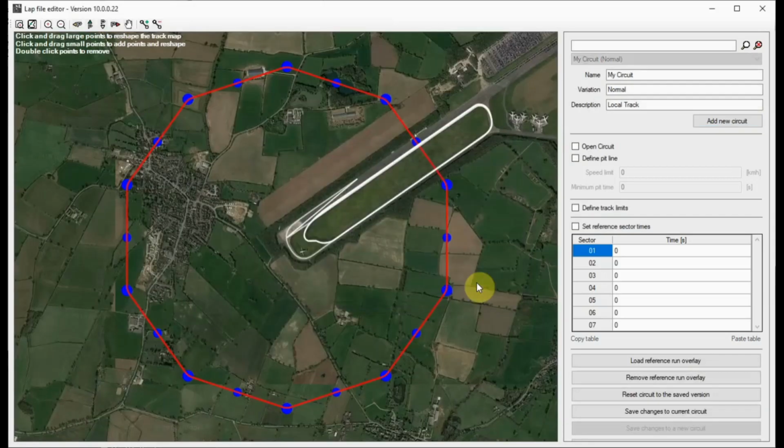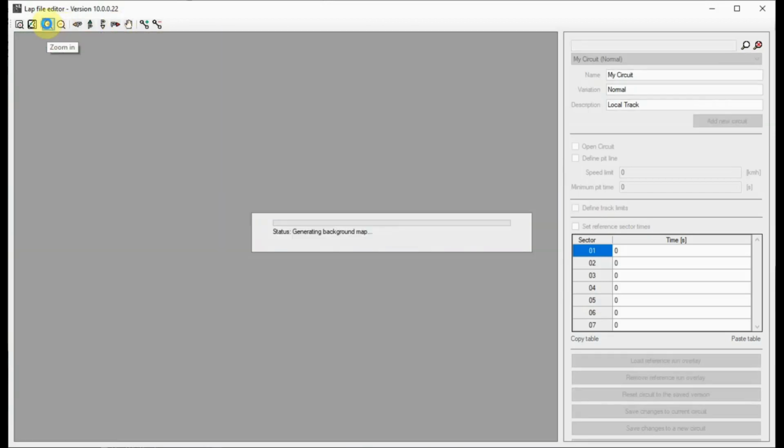So it shows the run file we just loaded in white, and it draws a big circle around it, which we can then edit. There are two things to drag here. There are the larger ones which move it across, and then there are the smaller ones which then add extra points into the shape. So if we pull it all quite close and then we zoom in,